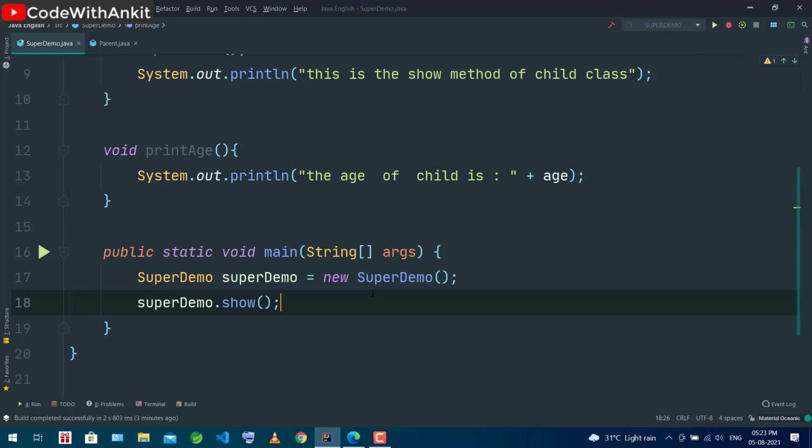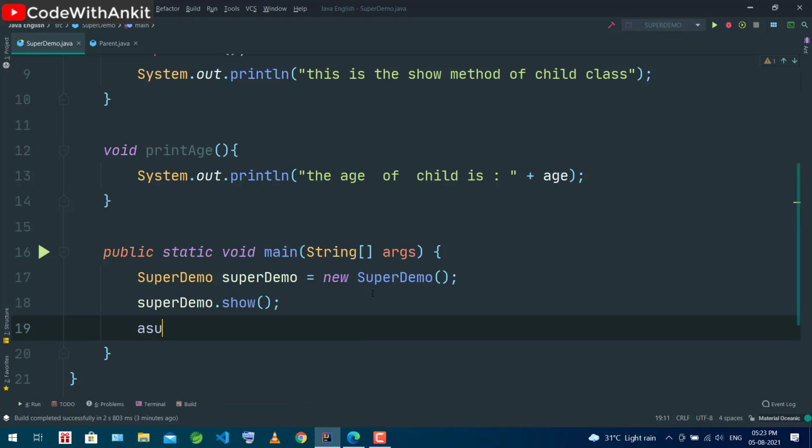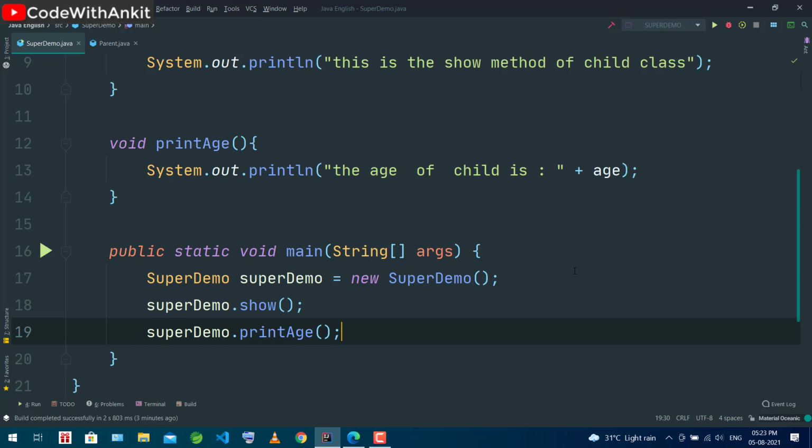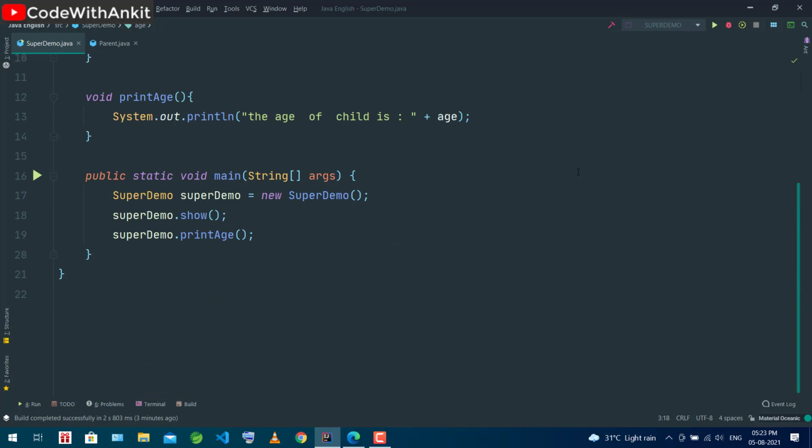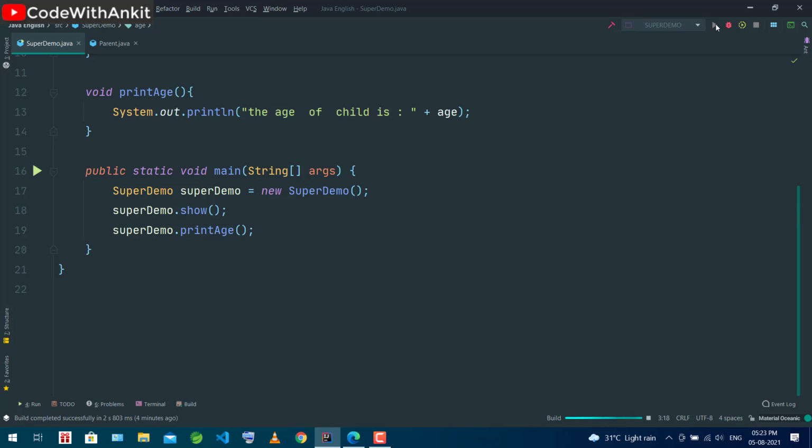Now if I call super demo dot print age method, what will be the output? Can you expect the output? Write down in the comments if you can expect. Yeah, 12.